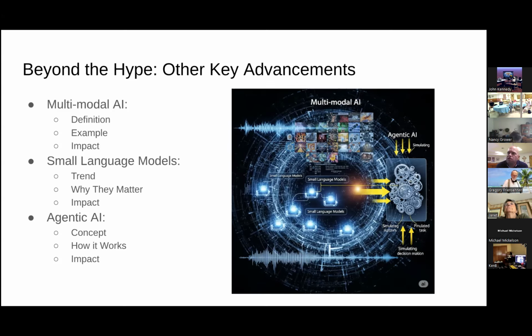The second one is pretty interesting here. The small language models. So we've heard that these generative AI like ChatGPT and Gemini are large language models. They run on servers, they require all these GPUs, all these resources, all this water to keep them cool so that they can take a picture of your cat and add like a clown hat to it, right? So the trend here is a shift towards developing more compact, efficient AI models that require less computational power and data compared to their larger counterparts.